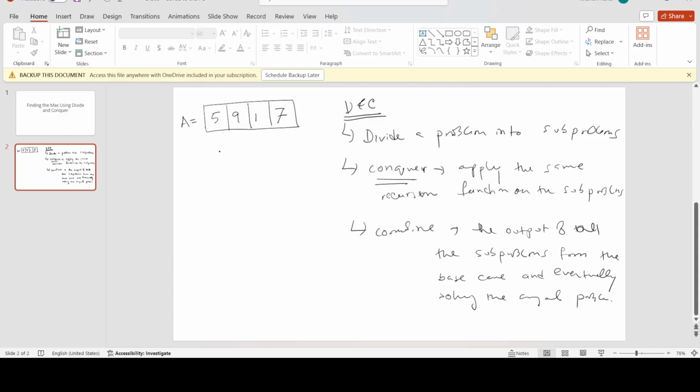Okay, now let's see a breakdown of how divide and conquer works. So in order to find the max, the first thing we need to do is find the logic, because as we will be using recursion, and recursion is the main technique that is applied in D and C. So we need to find the logic first. The logic to find the maximum using recursion given an array is: take the first number. So প্রথম step হচ্ছে take the first number,